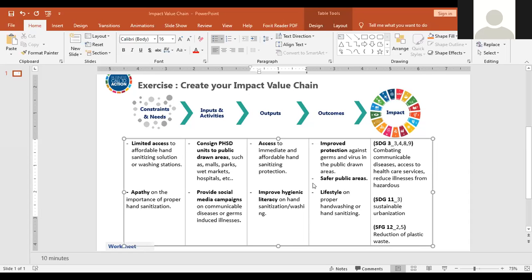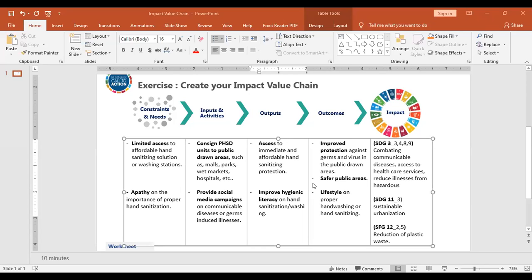So for inputs and activities, it is for our startup to consign the units to public areas such as malls, parks, wet markets, and hospitals. And also provide social media campaigns on the adverse effects of communicable diseases or germs-induced illnesses that can be acquired when we are not properly hand sanitizing.